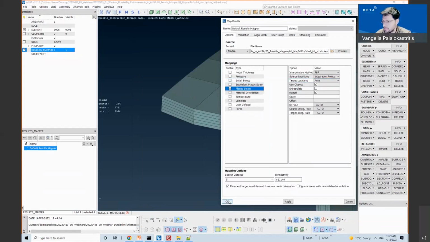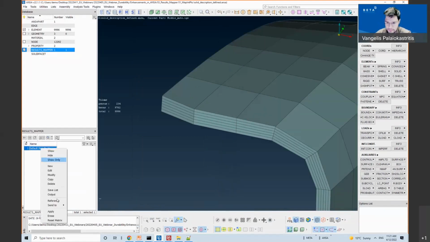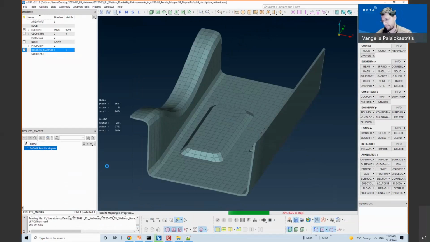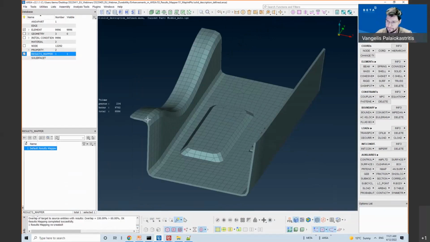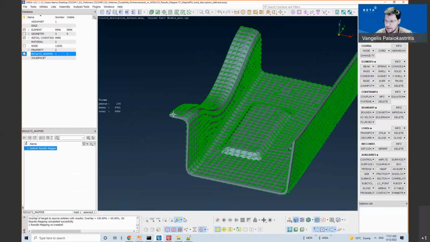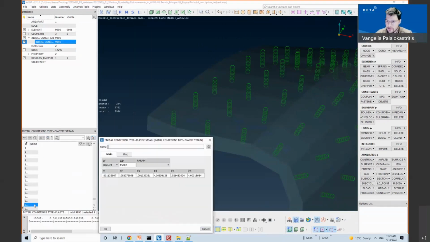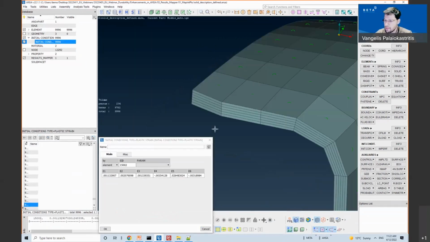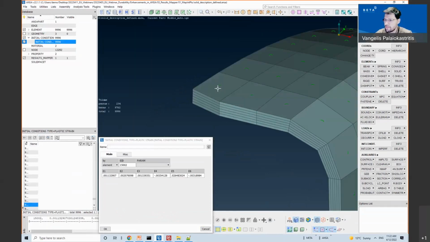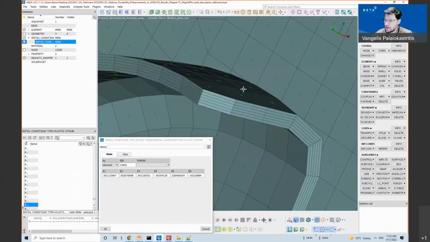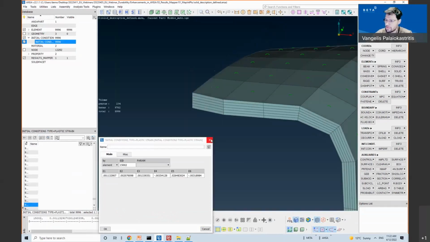And if I press OK and apply, I can see that the tool has created initial condition type plastic strain for Abaqus, coming from the values of the integration points of the cells.